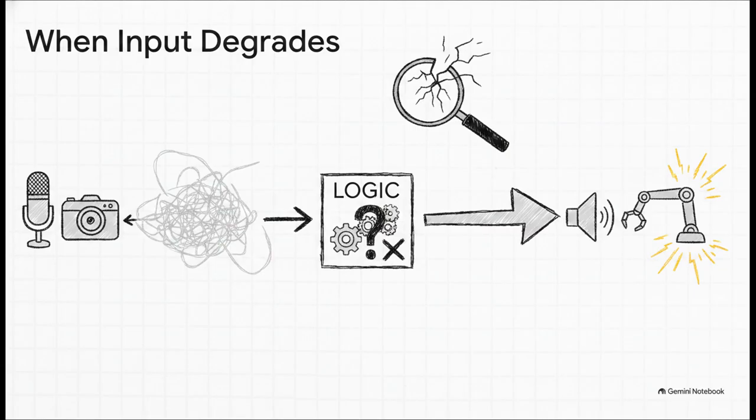When the environment gets messy, the entire interaction fundamentally breaks down. First, the sensors collect degraded raw data. It's just a jumble of noise or a bunch of blurry pixels. Second, because that data is totally outside the norm of its training, the operational logic completely fails to match it to any statistical patterns. It can't just guess based on life experience like we do. And third, the actuators are forced to produce unpredictable, nonsensical, or entirely incorrect outputs.